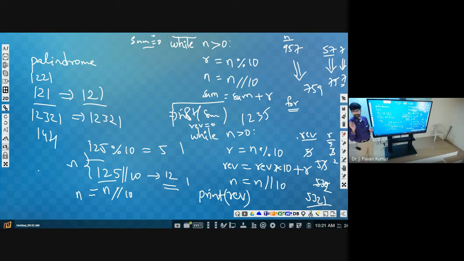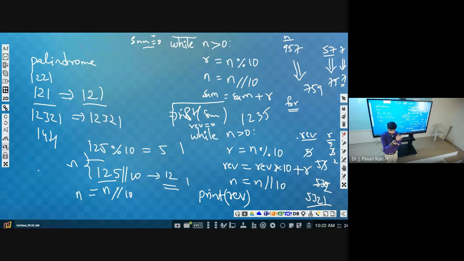But there is one practical issue. When will this loop be terminated? When n becomes 0. So reverse will be something like 5 3 2 1. If you give 1 2 2 1 as the input, what will be the reverse? 1 2 2 1. What will n be by the end of this loop? The n value becomes 0. Although it is a palindrome, those two are not equal, right? Got my point? We are changing the n value directly, so n will become 0 by the end of this loop, irrespective of whether it is a palindrome or not. So how can we do this?